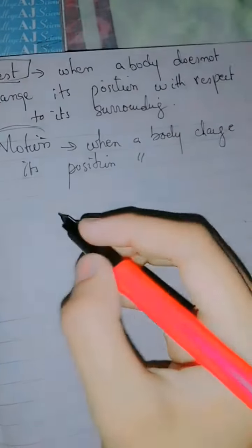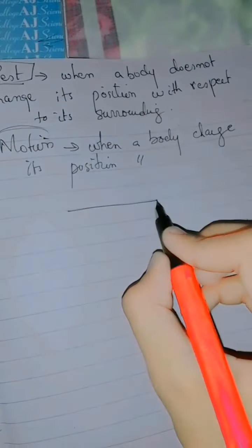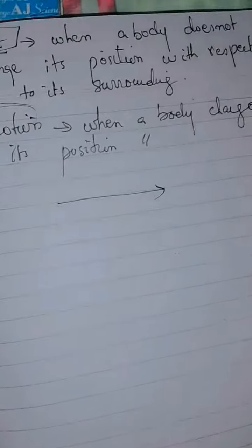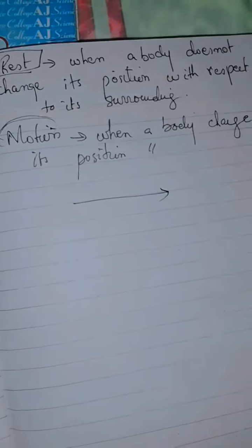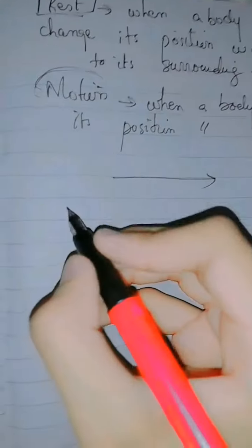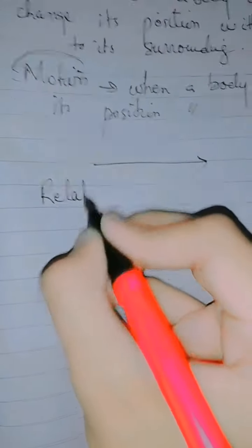For example, if I am moving on the floor, I am changing my position, I am covering a distance, my body is moving, so I will be said to be in motion. If we talk about relative motion,